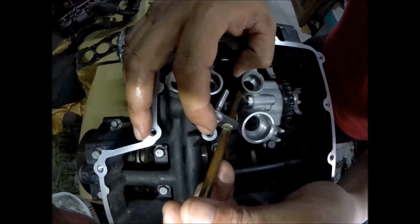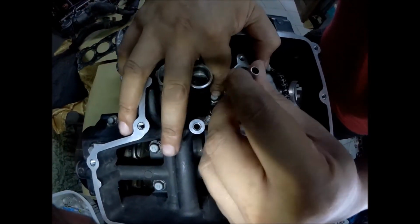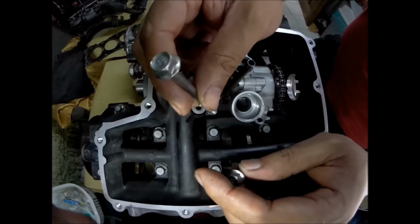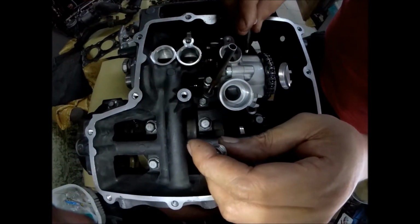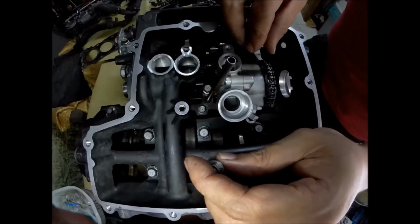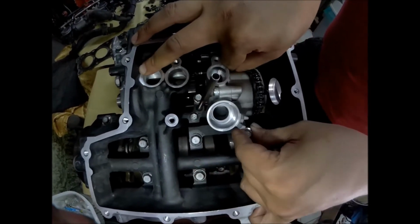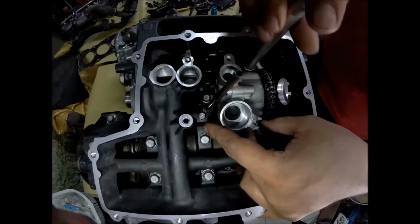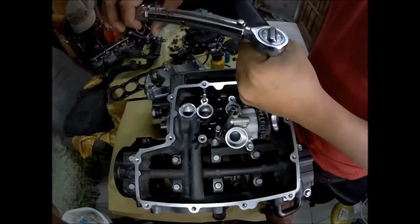This pipe. This is the number 28 bolt of the crankcase. It's also the bolt for the oil pump. So to tighten the oil pump,